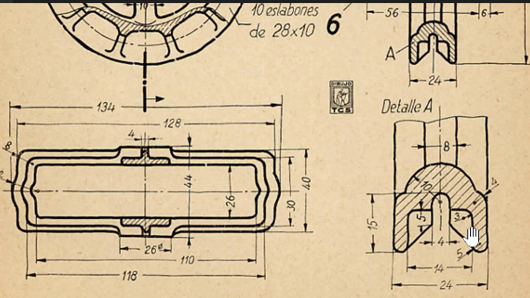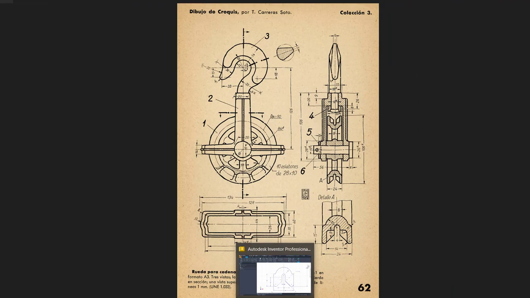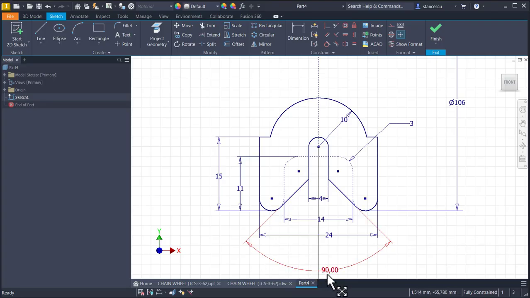But you see, this is half of 10. This is another half of 10. And this cannot be 5. Yes? I select which dimensions seem to be okay and I use them. Here I placed the 90 degrees angle because from the point of view of technology this is a better way